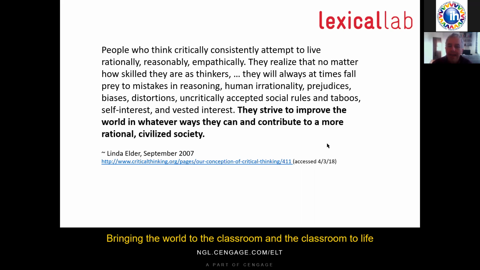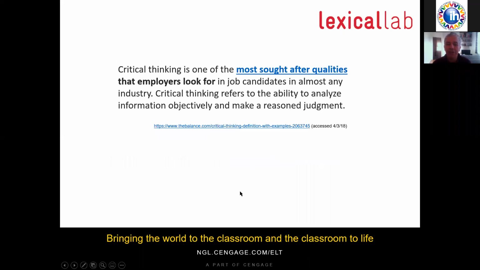So what we have here is basically critical thinking in terms of, I would say generally, what we might call citizenship. So it's a way of thinking about being a better human in a sense, or a better person within our wider society, and perhaps questioning things that go on within our society. If we have a look at this definition,